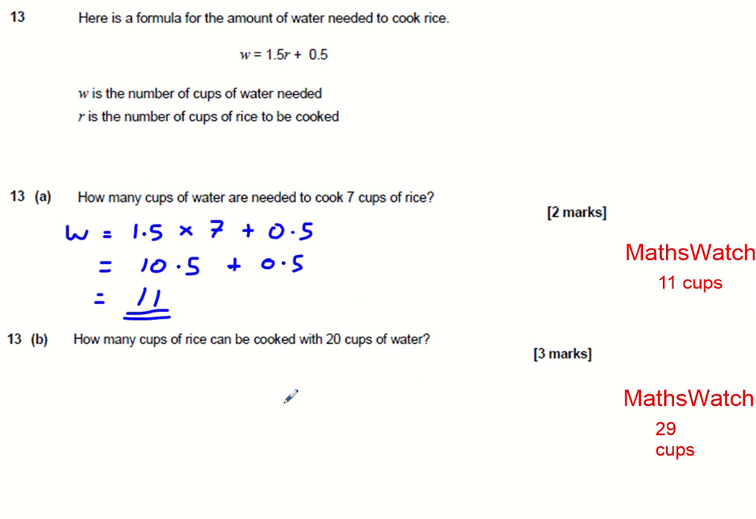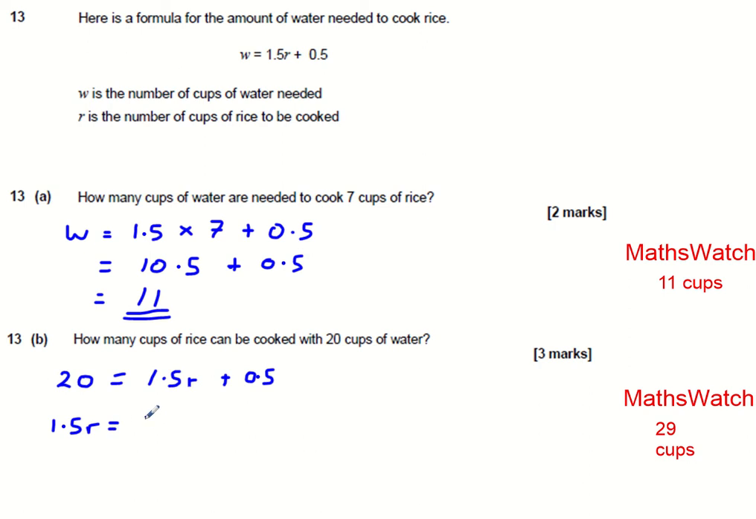Part B. How many cups of rice can be cooked with 20 cups of water? So this time the value of water, the W, is 20, and that's equal to 1.5R plus 0.5. Now this time we're trying to work out the value of R, which means we've got an equation to solve. So this value of R, some number multiplied by 1.5 and then adding 0.5 will give us 20. So before we added that 0.5, if we subtract that from the 20, that 1.5R